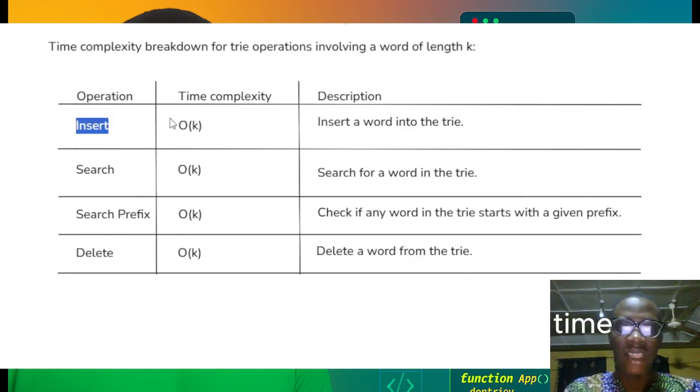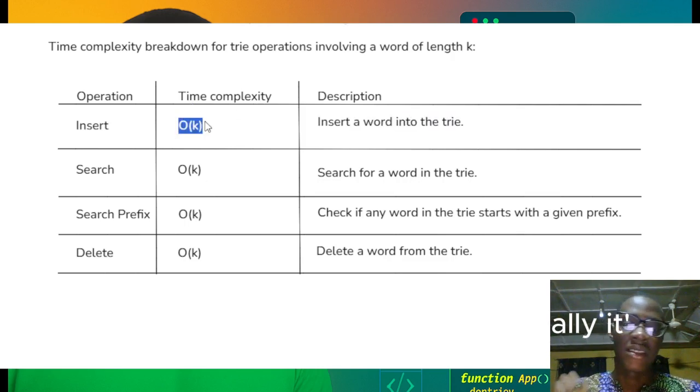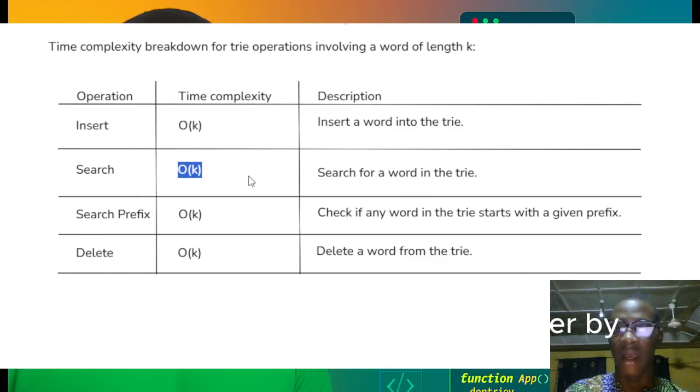To insert it into the trie we take O(k) time. What O(k) means is that it takes the whole length of the word. So it's just like O(n), it takes linear time to insert. Why? Because it has to insert it character by character. Okay, let's consider the search operation, which also works in O(k) time, because it also has to do it character by